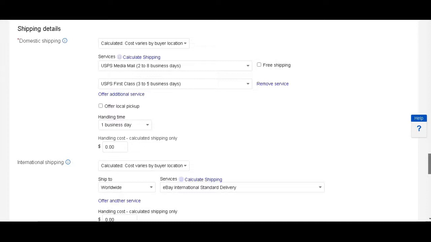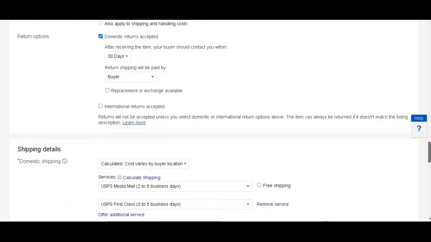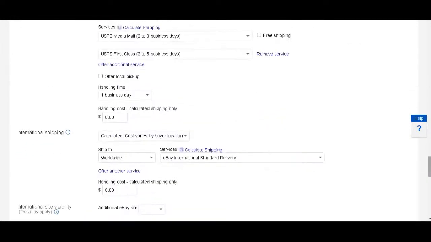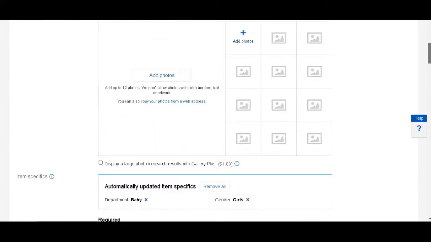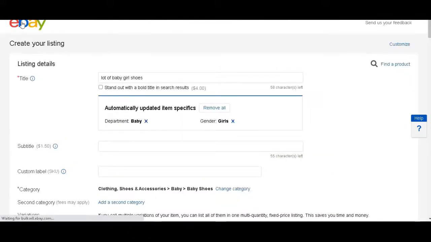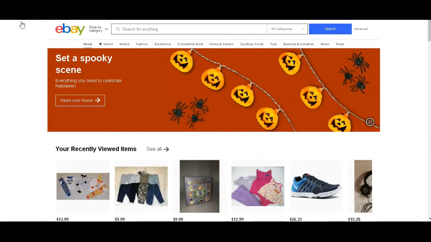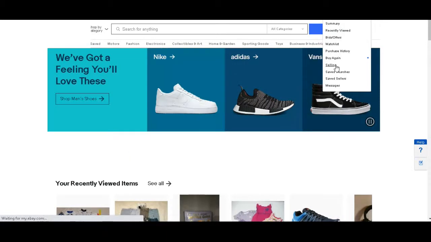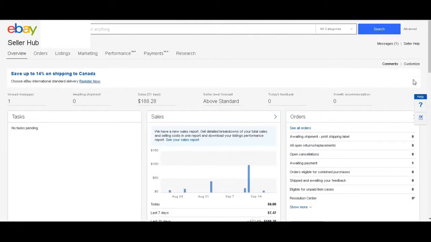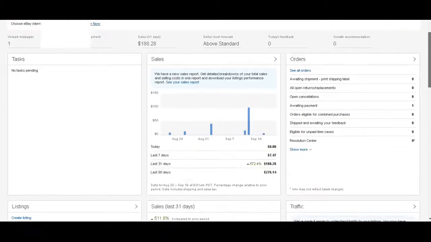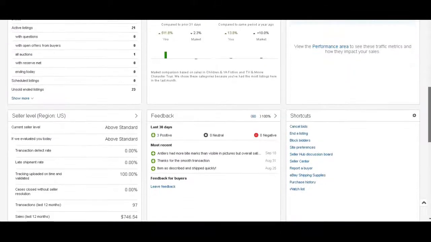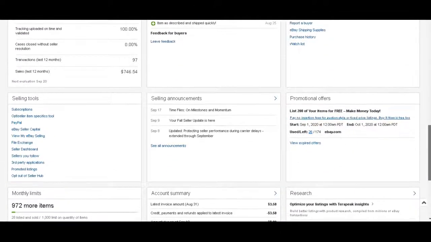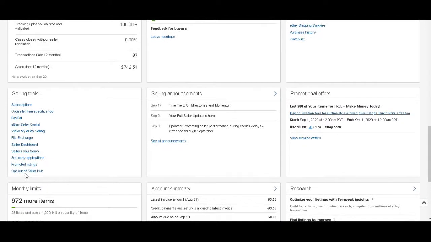Okay, so I'm going to show you how to opt out of eBay Seller Hub. Let's go to eBay. My eBay. Sorry if some of this is cut off, but I'm going to My eBay, selling. This is going to take me right to the Seller Hub page. I'm going to scroll down, and on the left, I will find a button underneath selling tools that says opt out of Seller Hub. And I'm going to click that button,